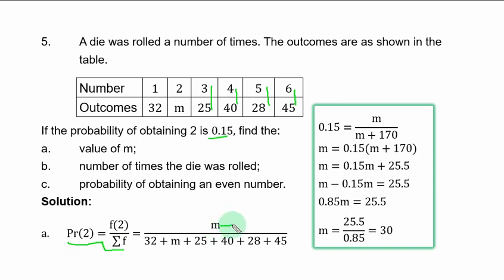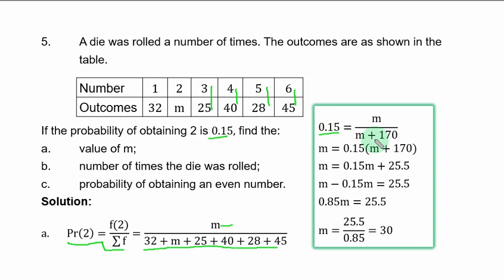The sum of frequencies, you have 32 plus m plus 25 plus 40 plus 28 plus 45. For 2, the probability is 0.15, equal to m over m plus the rest of the frequencies. If you add the rest of the frequencies, you have